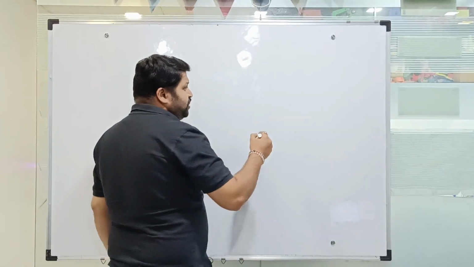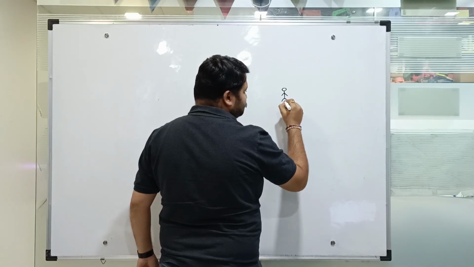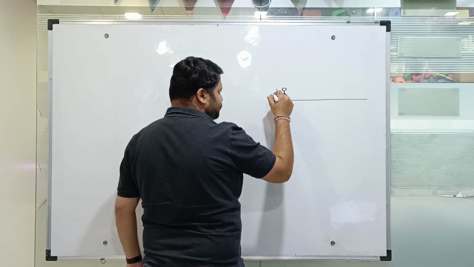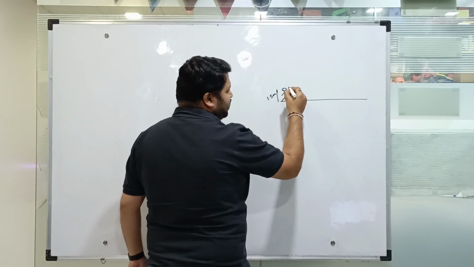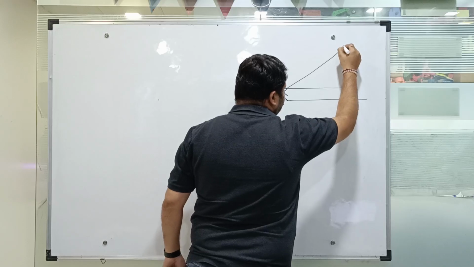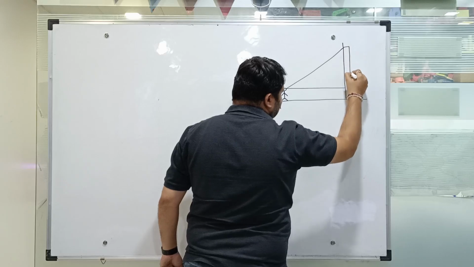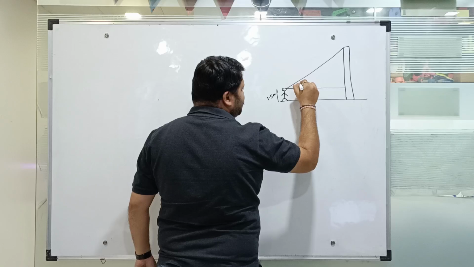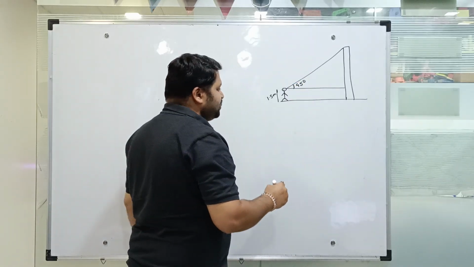Now in this case we have an observer here and she is observing a tower. Her height is 1.5 meters. So her height is taken as the height of her eyes. Now here we have a tower like this, which has a top up here. Here the angle of elevation is taken as 45 degrees and the distance between the person and the tower is taken as